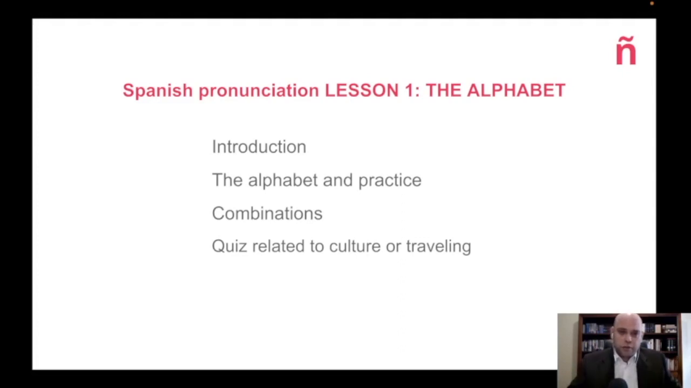So here is the content we're going to learn today. We're going to have a little introduction, then we're going to learn the alphabet and then practice with some examples. Then we will see some combinations of letters, and at the end we'll have a quiz related to culture or traveling. Okay, so